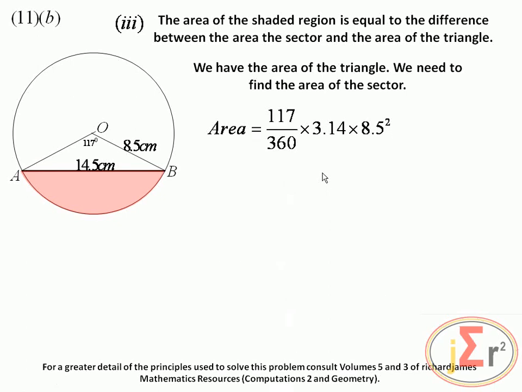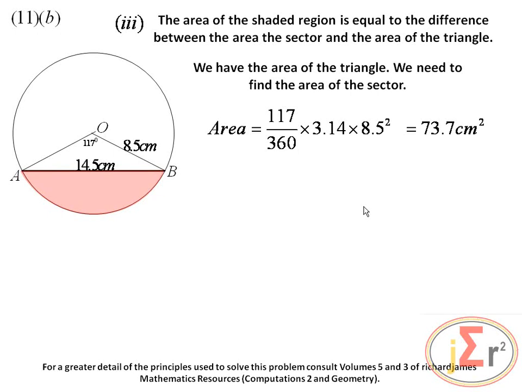How do we find the area of a sector? The angle associated with the sector over 360 degrees times the area of the entire circle. So the area of the sector is a fraction of the area of the circle. The fraction is determined by this angle that we have here. So 117 over 360 multiplied by pi r squared, and that is it,